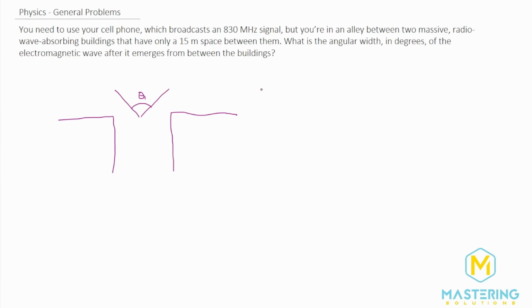Now, there's a few things that we need to think about to set this question up. First off, let's think about what equation we are going to use to solve for that. And we can use a times sine of theta is equal to p times lambda. And remember, p is for single slit equations, because that's essentially what this is, right? The alley is acting as a single slit, and the cell phone signal is acting as the wave, or the lambda, the wavelength. And so p, with a single slit, is referring to the first order minima, not the bright spots like we were dealing with in diffraction gratings.